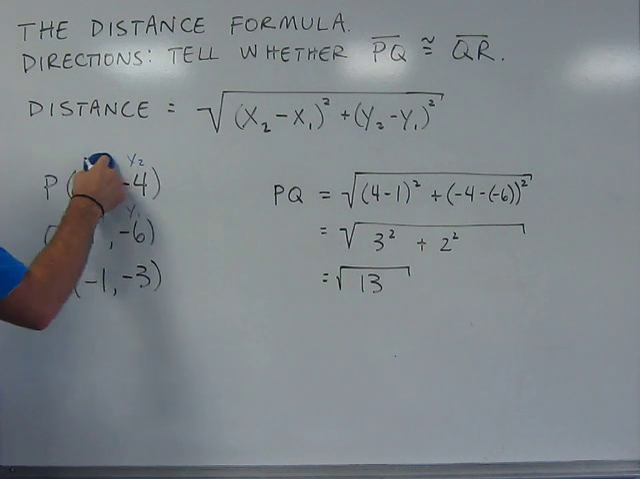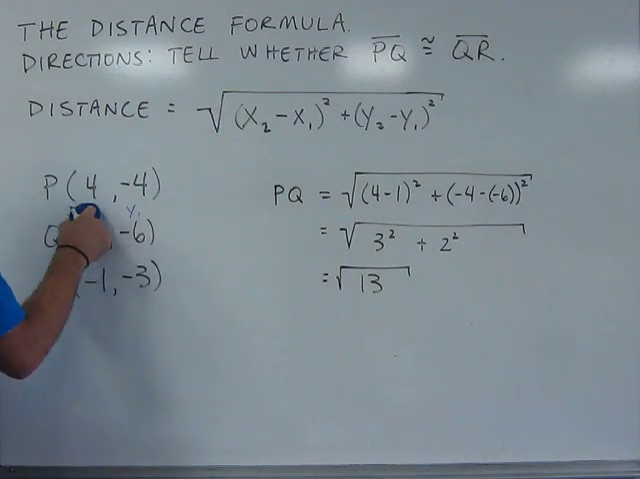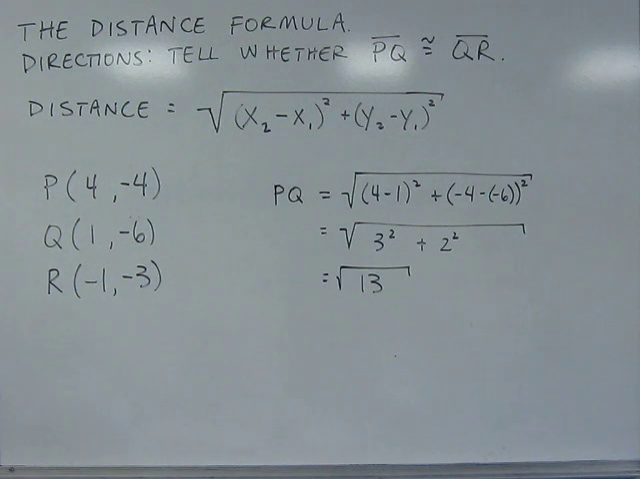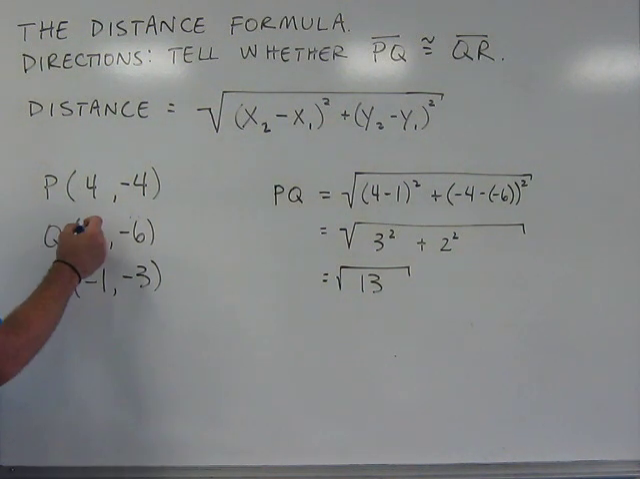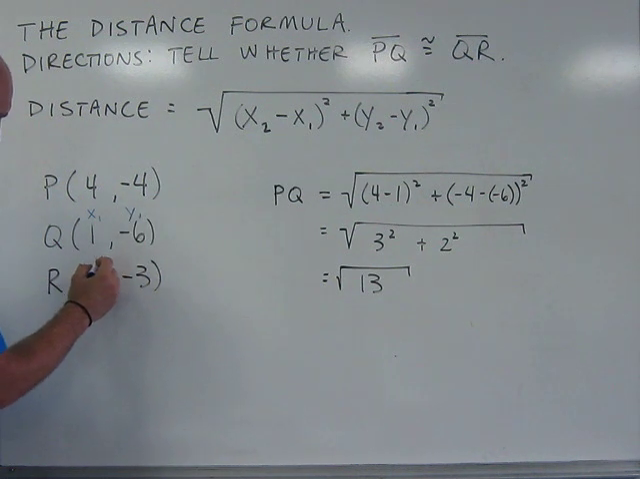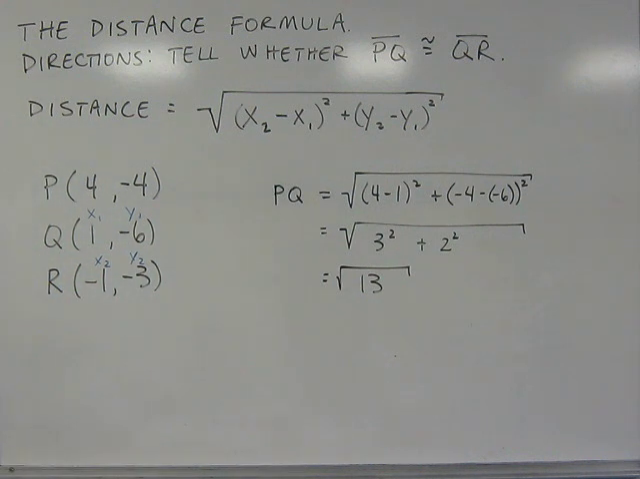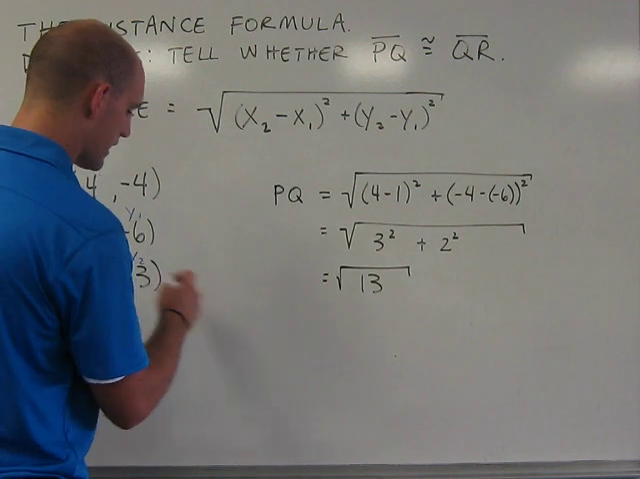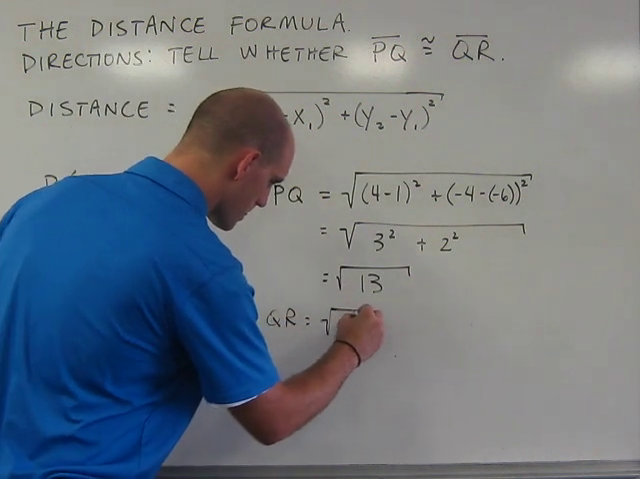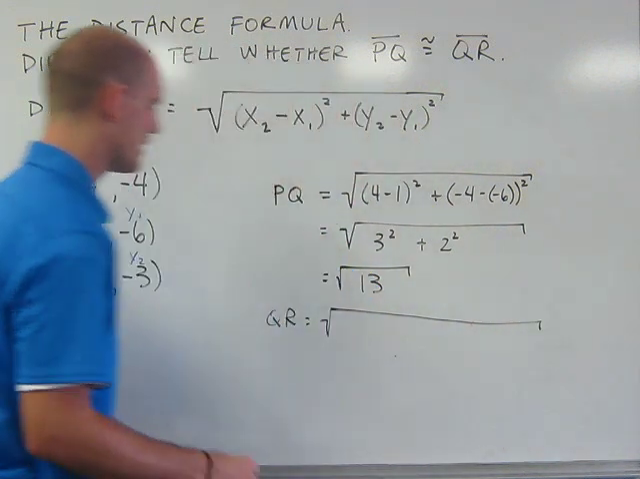To find the length of segment QR, I'm going to do just the same process. I have erased my x2, y2, x1, y1 because I'm going to rename them. In this case, I'm going to have this one as x1, y1, and this one as x2, y2. Therefore, to find the length of segment QR, I'm going to use the distance formula to say this: